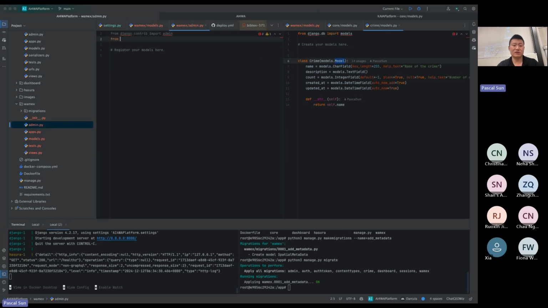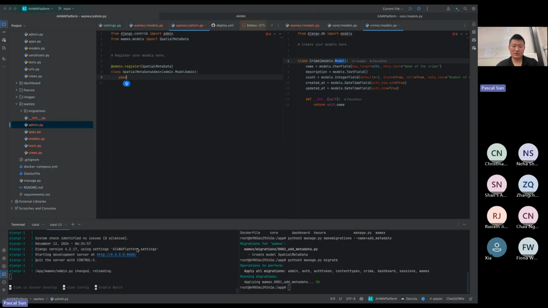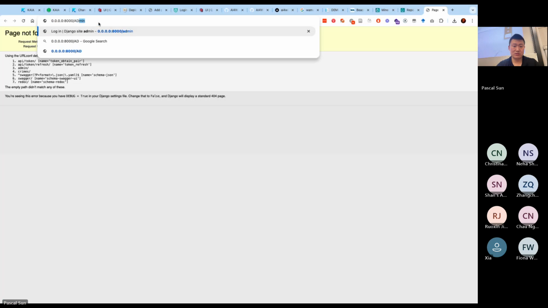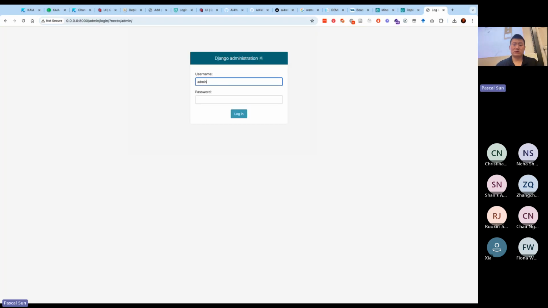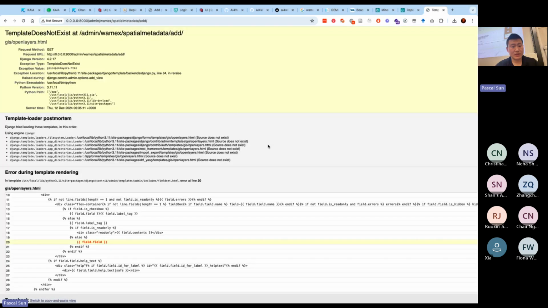So from the WebEx module, I import the spatial metadata, and I want to register it. And after this, I should be able to, in the backend, not sure whether my username and password is still there. Yes, we are there. So okay, we created one, and it says